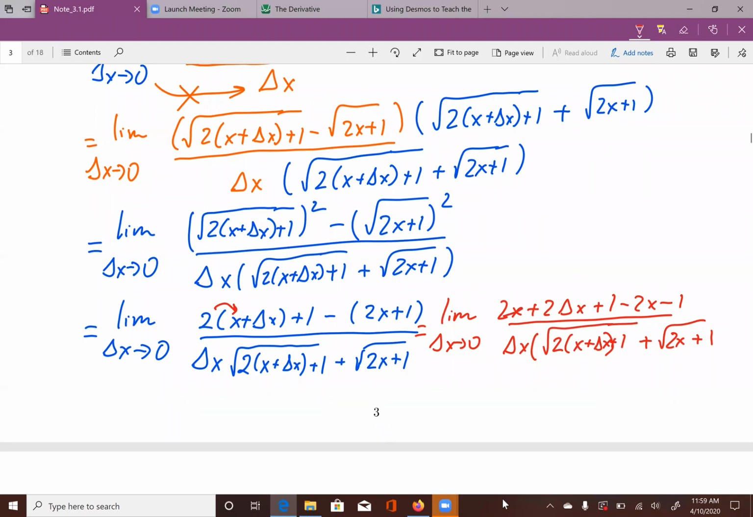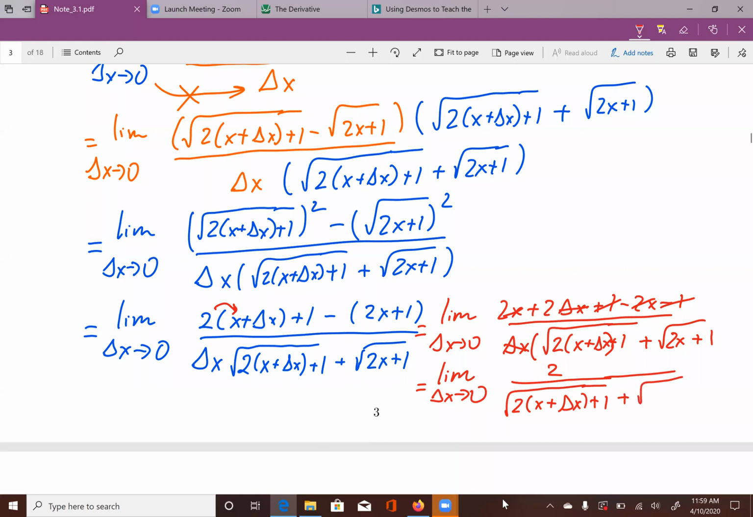This cancels this out, right? And 1 cancels the 1. Left over is, and then now you have delta x, cancel the delta x. So what's left over is 2 over square root of 2x plus delta x plus 1